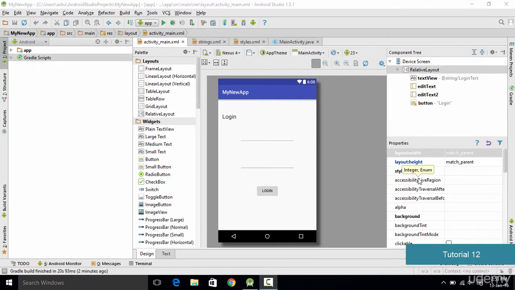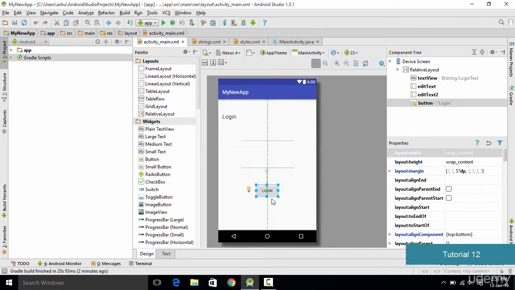Hello and welcome to this tutorial, and in this tutorial we'll be designing the user interface of our Android application. Now this tutorial is going to be the continuation of the previous tutorial in which we designed this basic login screen for our application, and now we are going to study some things called resources. But before directly jumping into the resources, the first thing I need to mention is we need to learn how you could change the text in this login button.